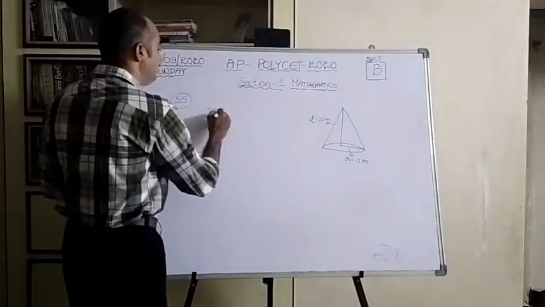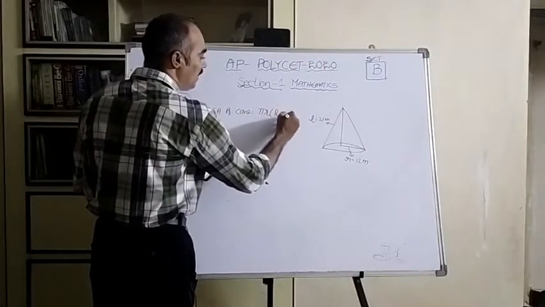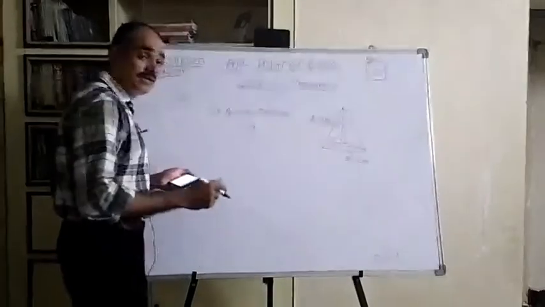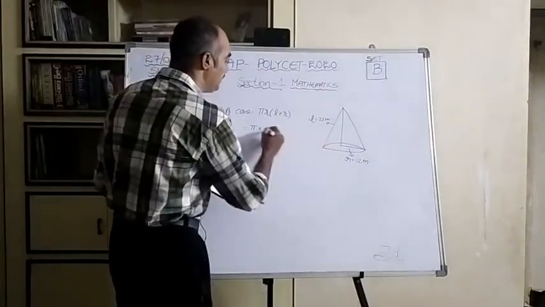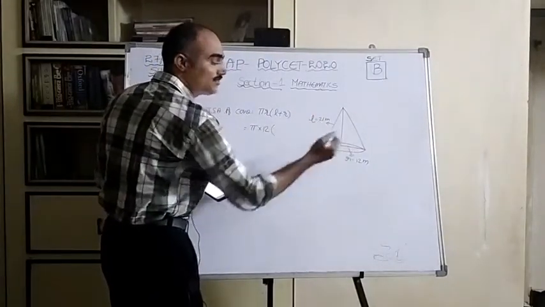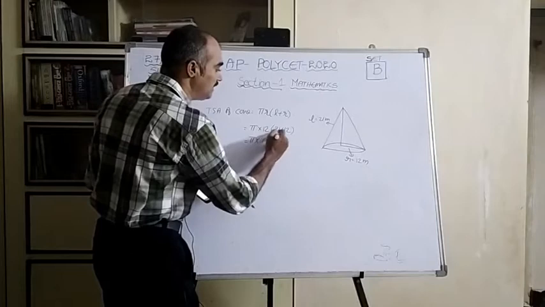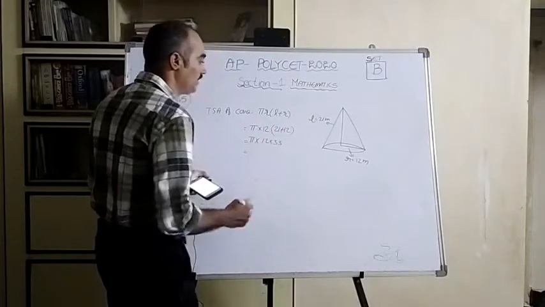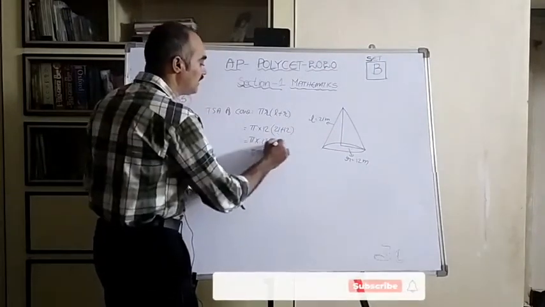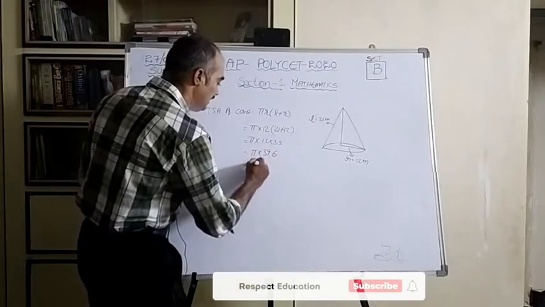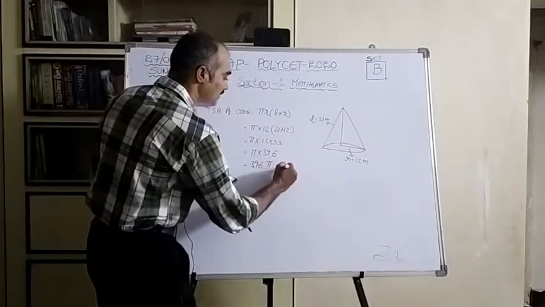So the TSA of a cone formula is pi r into L plus r. Let us substitute. Let us write pi only, because in the options pi is there, so that's why I am leaving the pi as it is. Into r is 12, into L plus r, 21 plus 12. 21 plus 12 is 33. So this is pi into 12 into 33. 12 times 3 is 36, and 3 is left. 12 times 33 is 396. So it is 396 pi. As it is area and the units are in meters, it is square meter. Here it is given in square meter, both are the same.